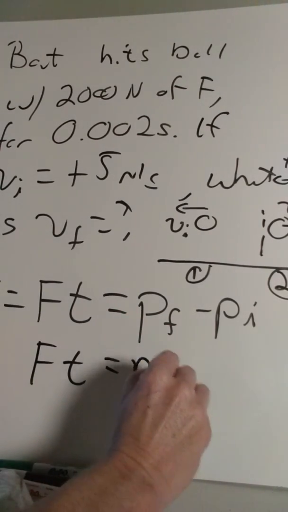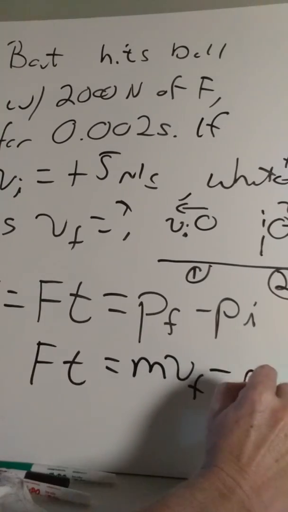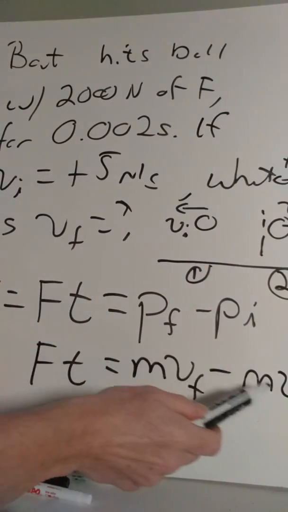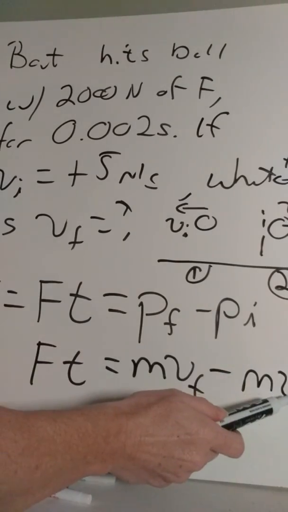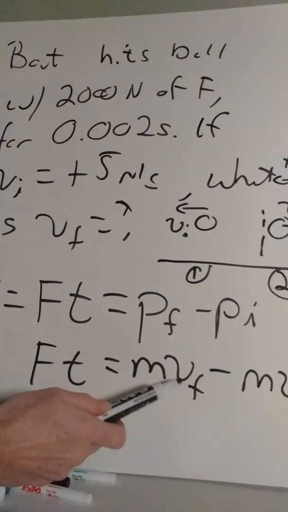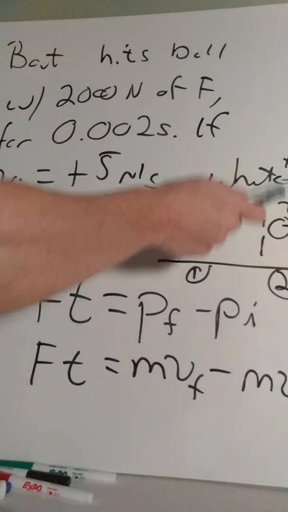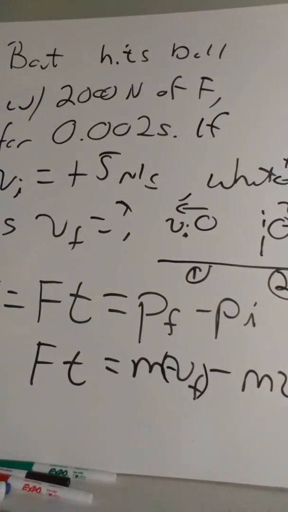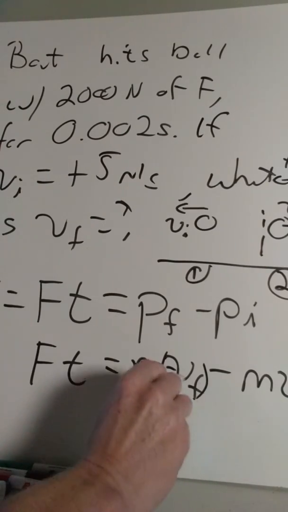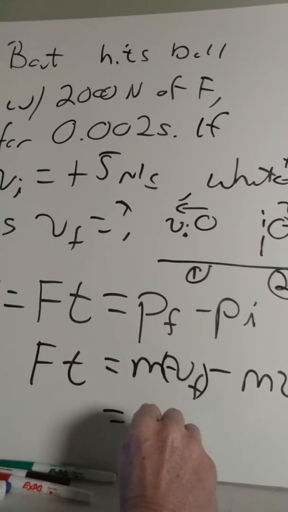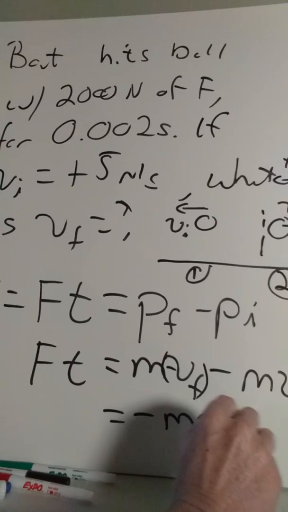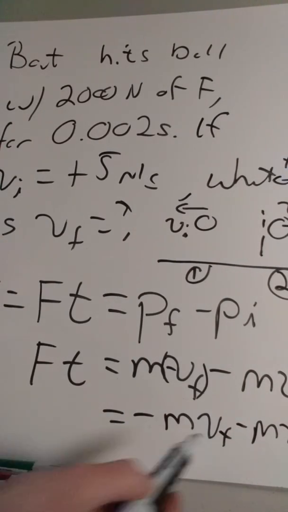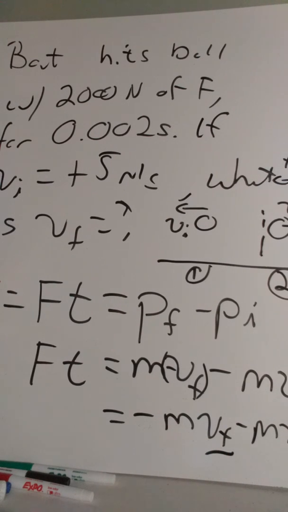Momentum is mass times velocity minus mass times velocity, but I have to keep the sign convention. This velocity is positive, so I leave that one alone, but that velocity, as I stated here, is going to be negative, so that becomes negative, which means we have a minus mass velocity final minus mass velocity initial in this scenario. Now I can solve for final velocity